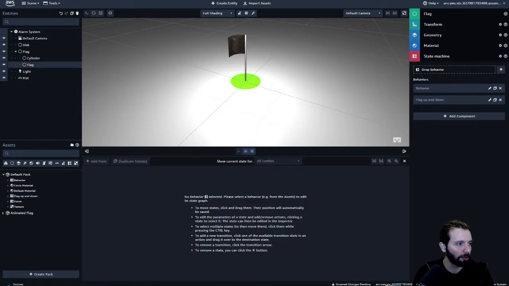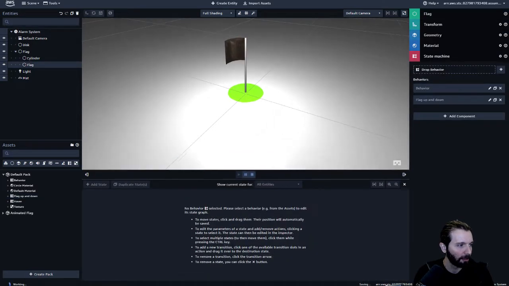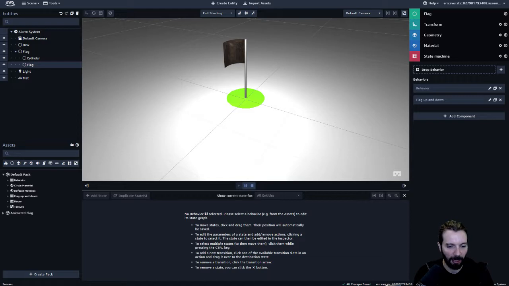Okay, so there's another thing we want to do. You noticed in the demo how the lights started flashing. Let's see, what do we need to do? I just realized something was going on there. If you noticed,